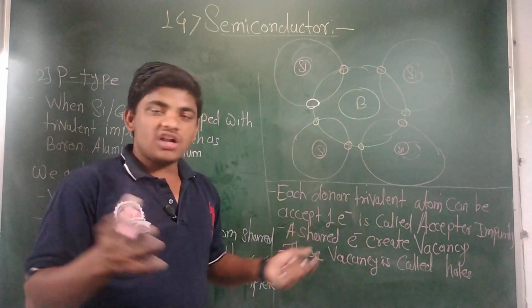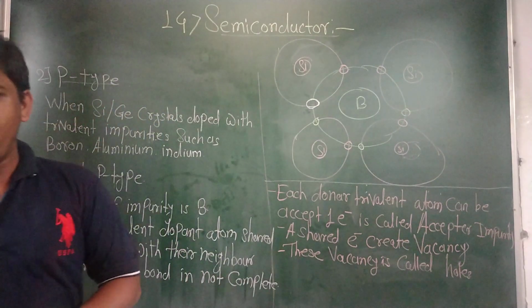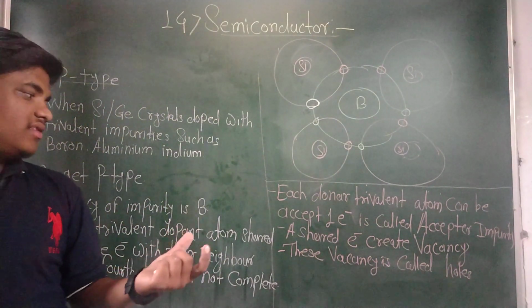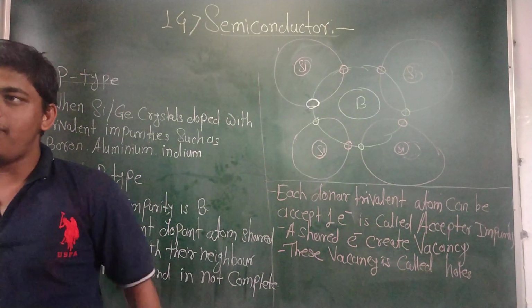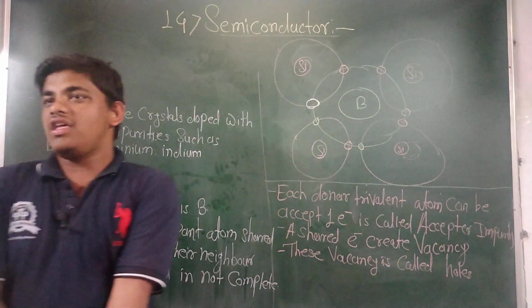The shared electrons will create some vacancies at their place. These vacancies are called holes. Holes are available for the conduction of each